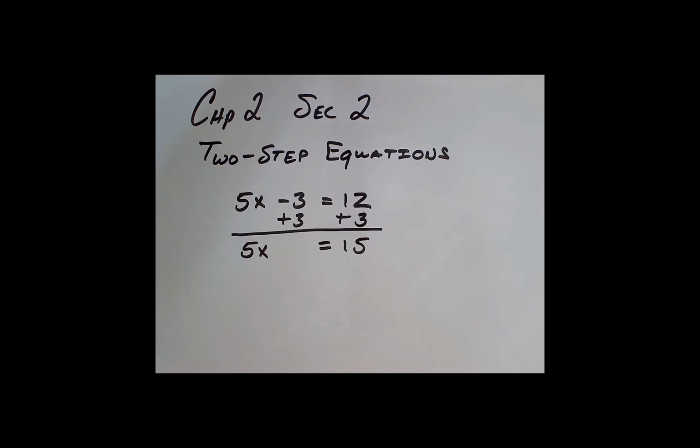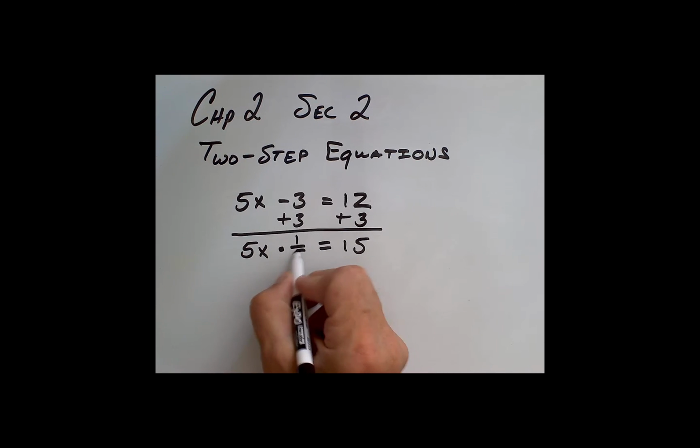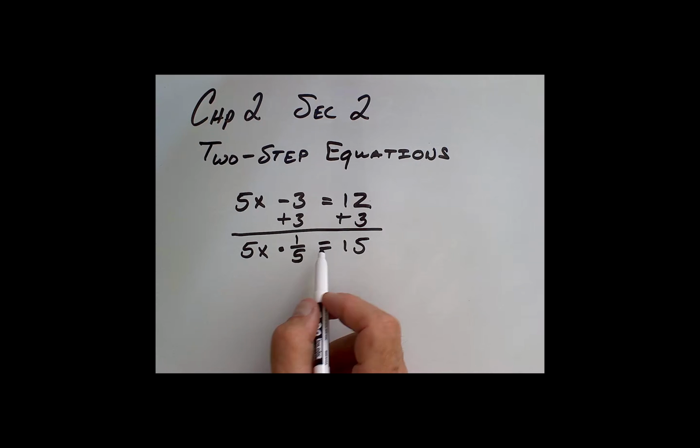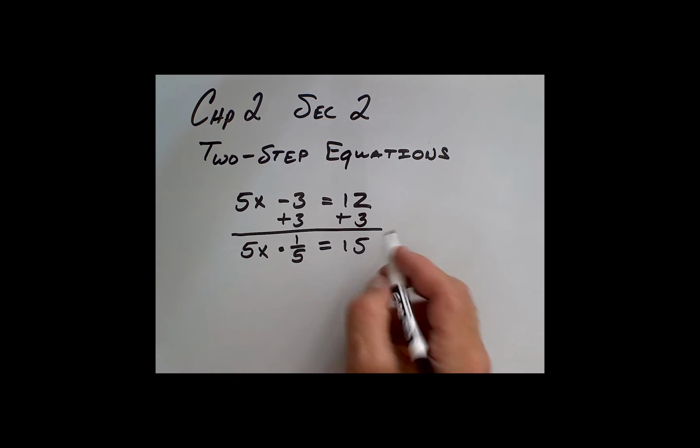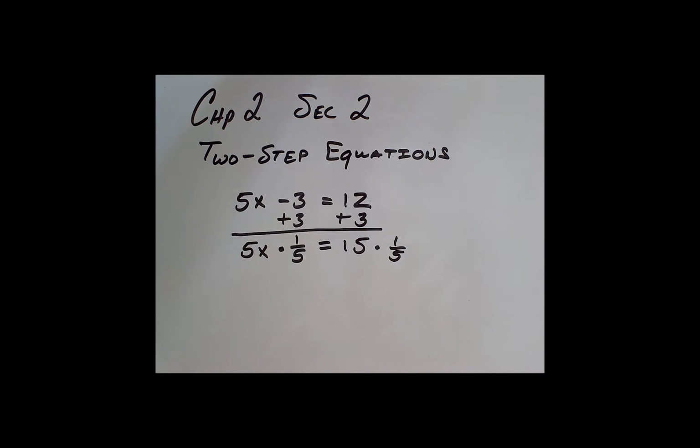Now we can do our multiplicative inverse. What is the multiplicative inverse of 5? Well, we know that the multiplicative inverse of 5 is 1/5. So we can multiply this side by 1/5. If we multiply this side of the equal sign by 1/5, then we have to multiply this side of the equal sign by 1/5. Now we can solve the equation. 5 times 1/5, we know on a multiplicative inverse, this goes to 1. So we really end up with 1x or just x